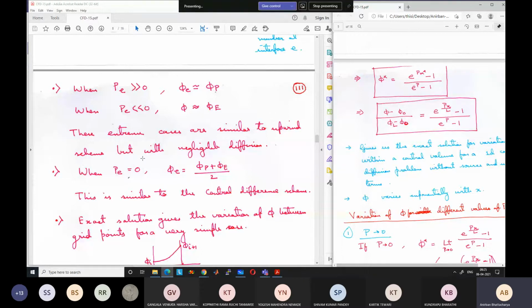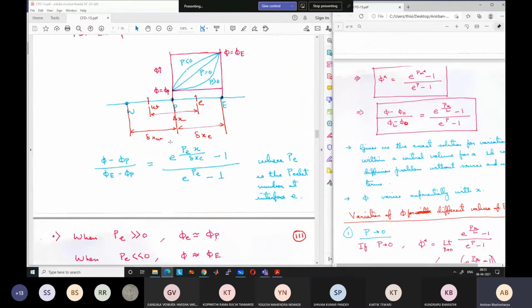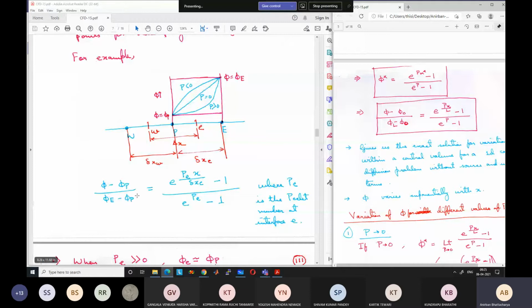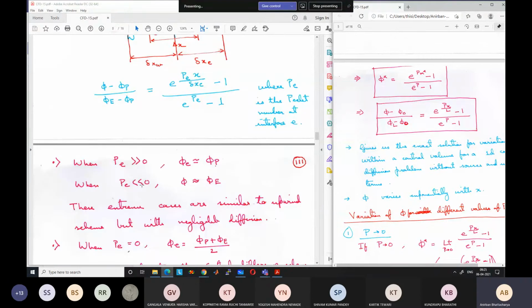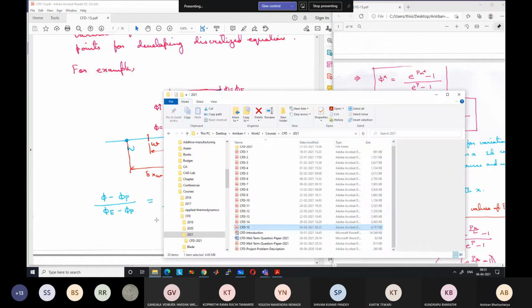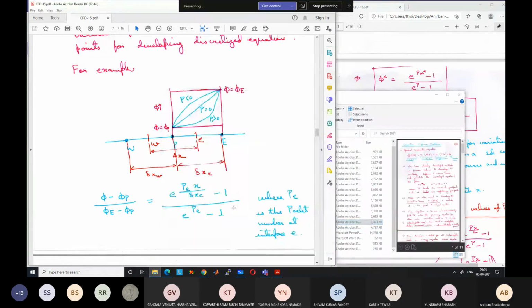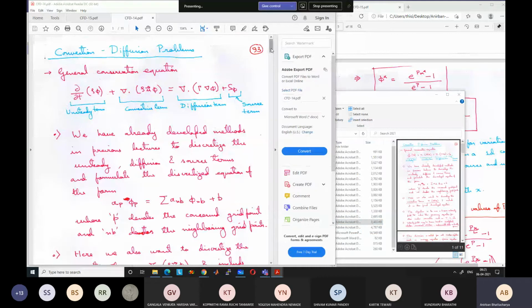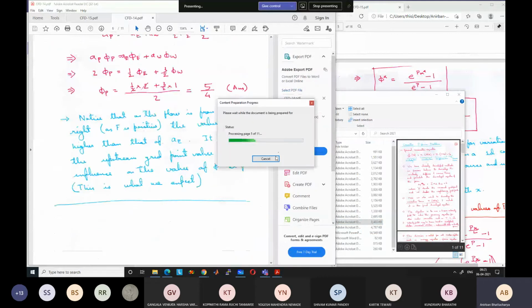This is the entire solution. So if we have solved the equation with both convection and diffusion, this is the solution including diffusion. Okay. So we see that for Peclet number much greater than 0 or much less than 0, the diffusion is negligible. Effect of diffusion is negligible. Okay. But if you go back to the upwind scheme, if you remember it,